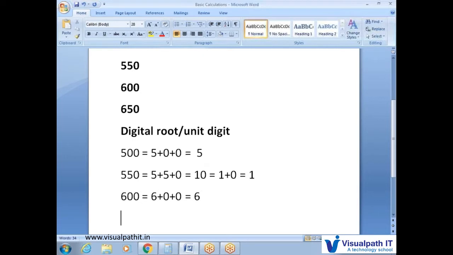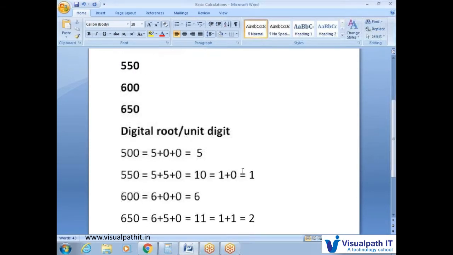One more option is there, 650, a three digit number. Converting into a single digit, 6 plus 5 plus 0: 6 plus 5 is 11, which is a two digit number, so 1 plus 1 is 2. Is 2 equal to 6? No. So what is the condition? Option A is not satisfied, since 5 is not equal to 6. Option B, 1 is not equal to 6.